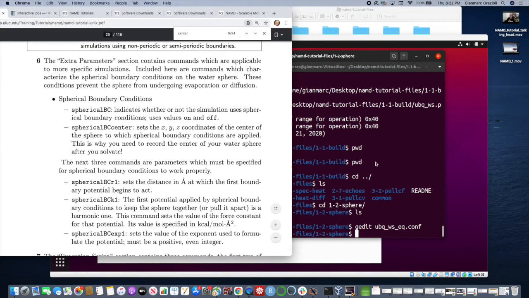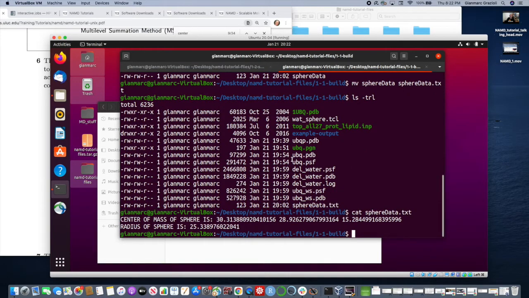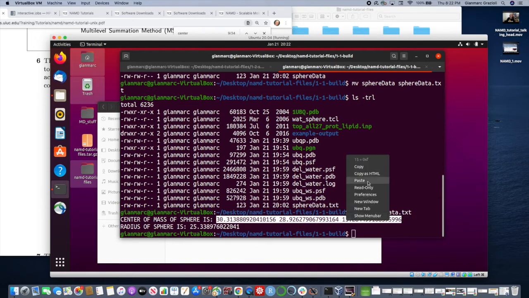So let's see. Let's open up both of these things here. Oh, here's the center right here. Okay, so we have these 3 points here, right? So let's copy them. We saved them in the file, but right here I use the concatenate to dump it out to the screen. These are the X, Y, and Z. So if I highlight that, copy,